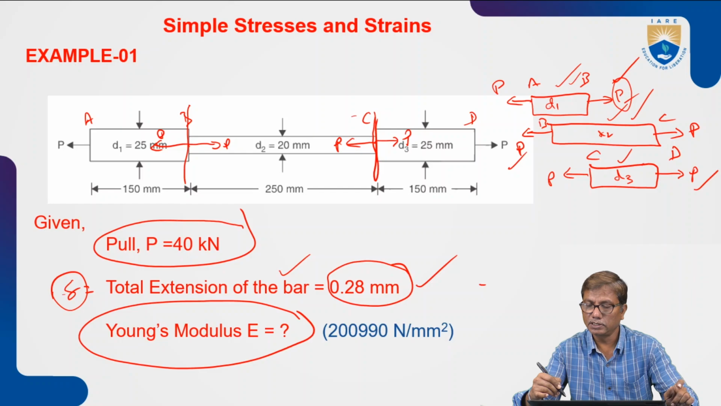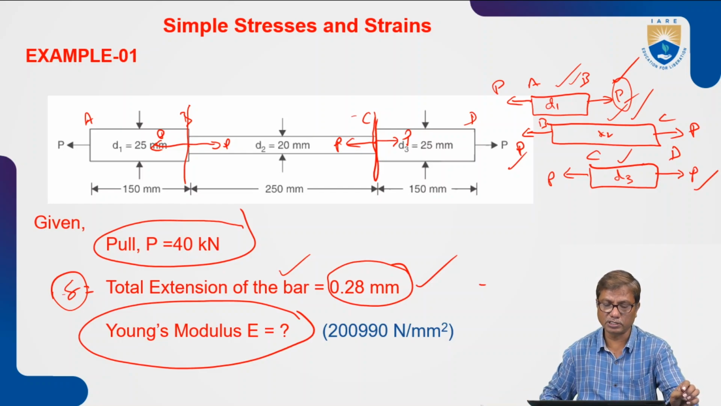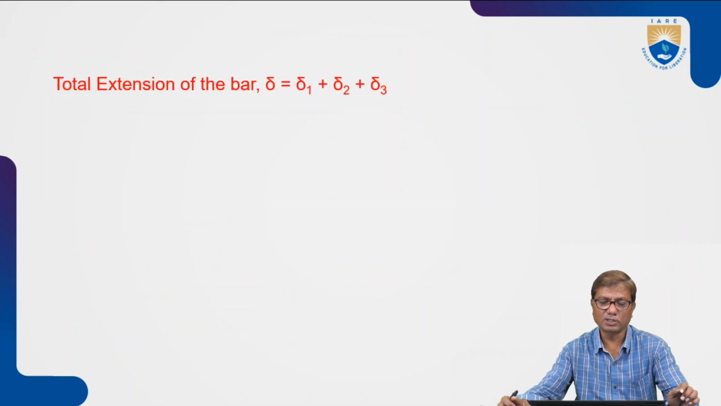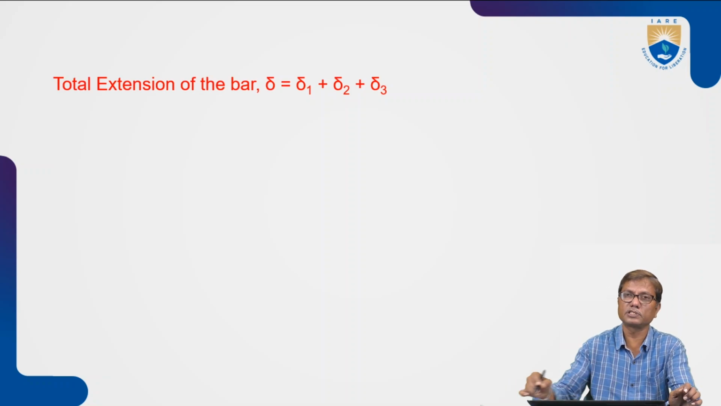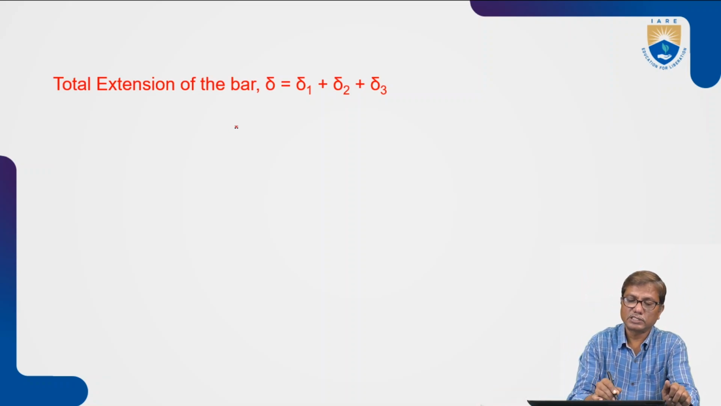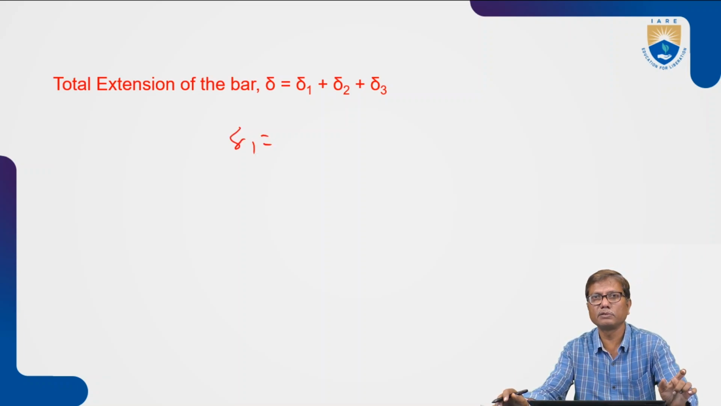So, let delta 1, delta 2 and delta 3 be the elongations of portions AB, BC and CD. So, the total extension is given as delta 1 plus delta 2 plus delta 3. So, what is delta 1 now? You consider AB as a member, the portion AB as a member